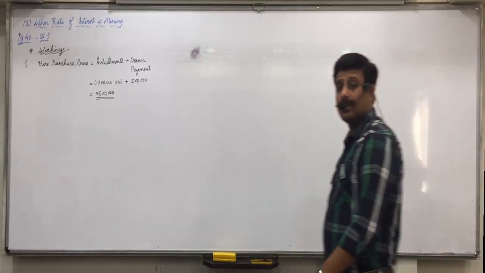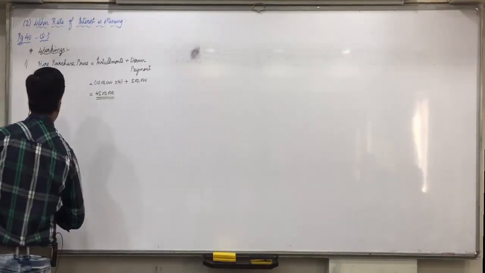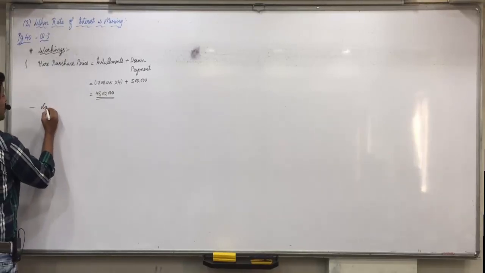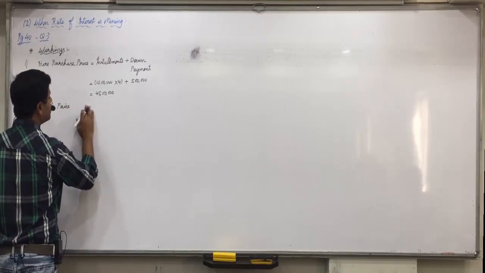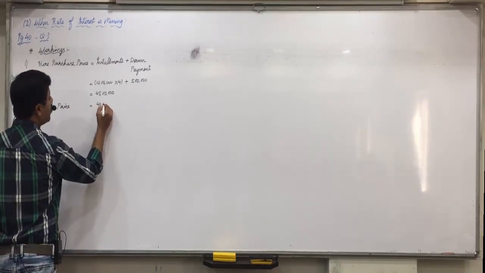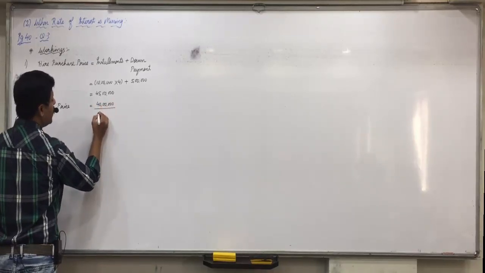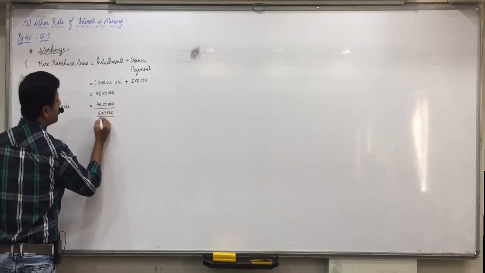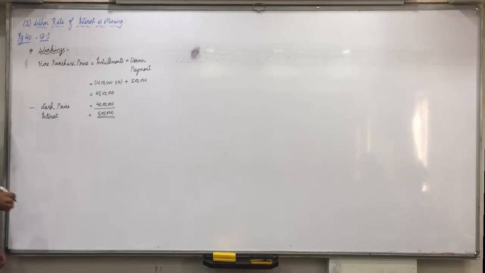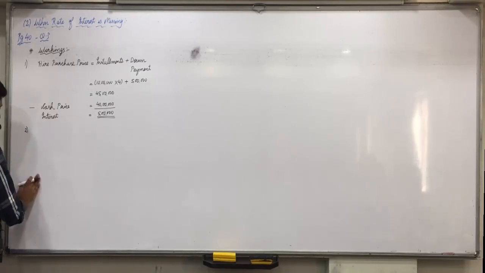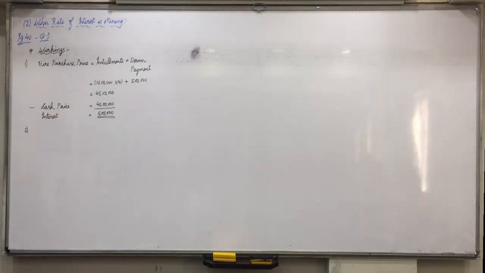Now what is the cash price? 40 lakhs. From that if you subtract cash price, which is 40 lakhs, then what is the interest amount included in this? 5 lakhs. Total interest what we are paying is 5 lakhs. Did you understand it, everyone? Now second working we have to make for this interest calculation. Means out of 5 lakhs, how much is the interest in first installment, second installment, and so on.